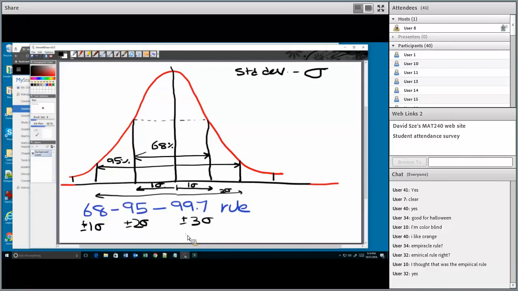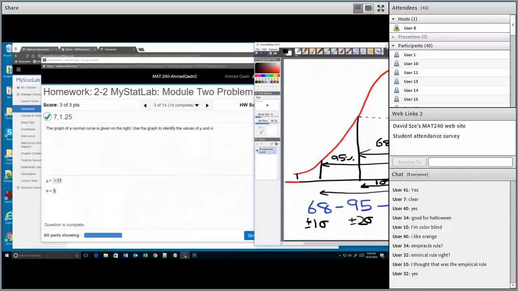You can also type this on Google, and it'll pull it up. What this does is make it easy to remember what percentages lie within what standard deviations. Now, what I want you to do is memorize this. You have to memorize this. So please memorize this. And then now I'm going to do this problem.